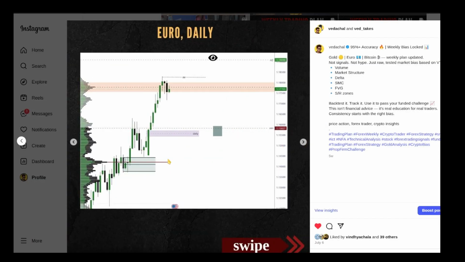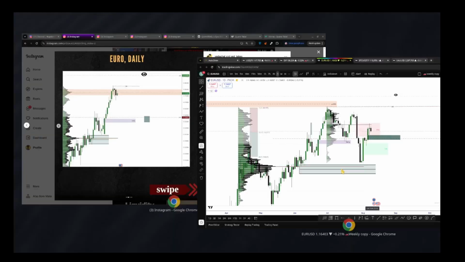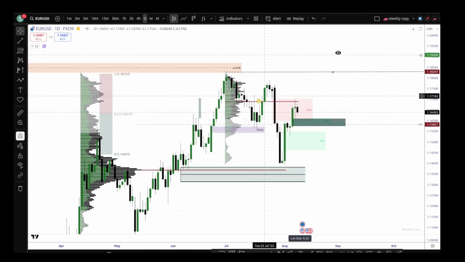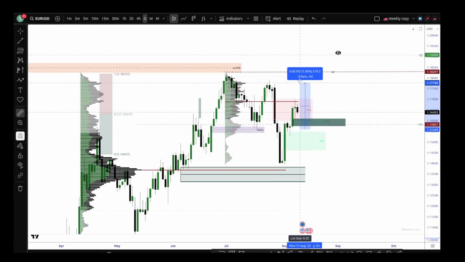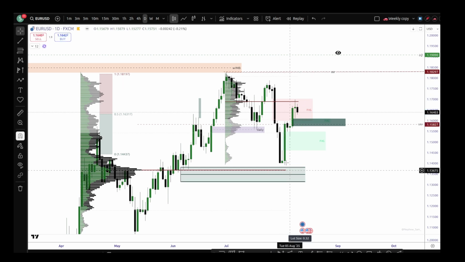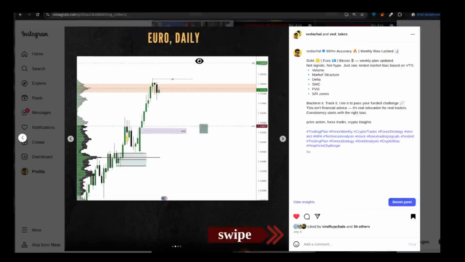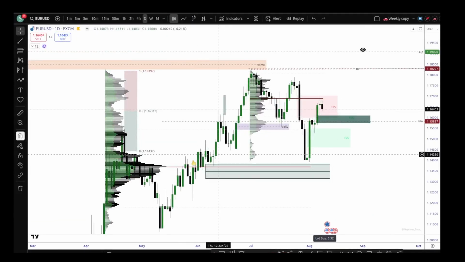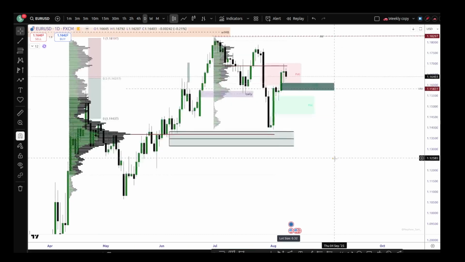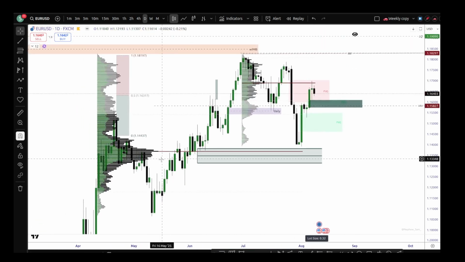Right? See this daily and this point of control. What the market did, we were right here. We tested, we gave a great move of 200 plus pips, and then also a great move at the point of control of the area. And see, where is it? See, okay, this point of control has been adjusted, so the level has been adjusted, but nonetheless, this was the key zone we were looking at, and we got a great move, and we also had a liquidity sweep, right?